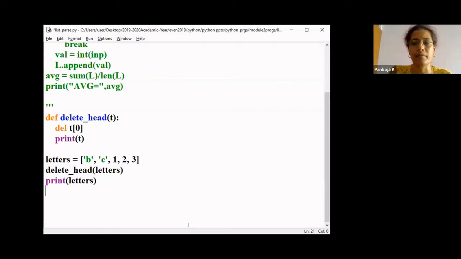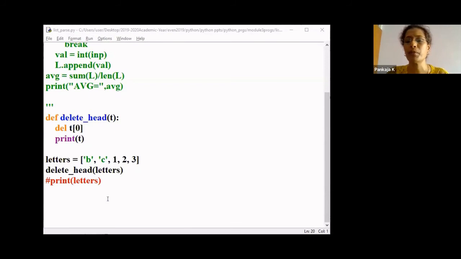In that function, every time I'm deleting the first element in the list, that is B. So T of 0. What is T here? T is nothing but the whole list passed as a parameter: B, C, 1, 2, 3. So here I'm going to delete T of 0, so I'm deleting the B, and I'm going to print. What am I going to get here? I'll just comment here and I'll see.